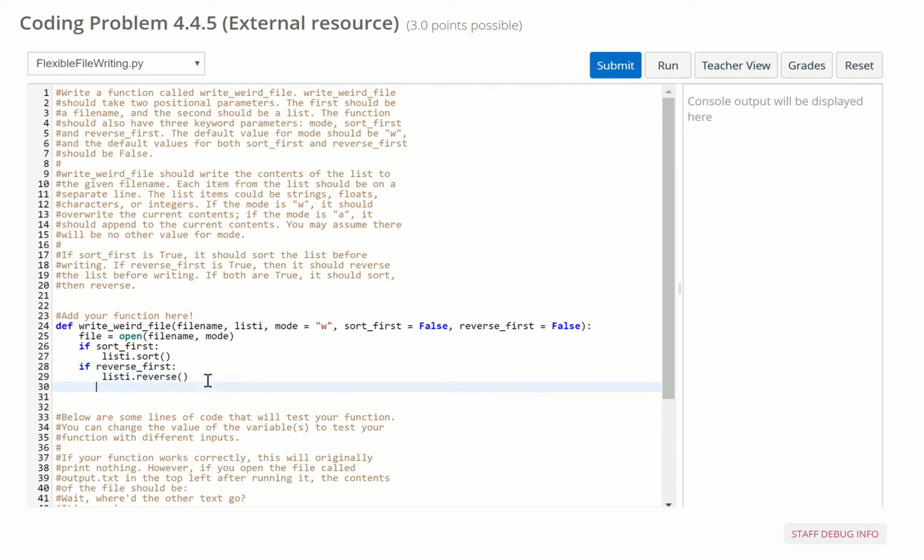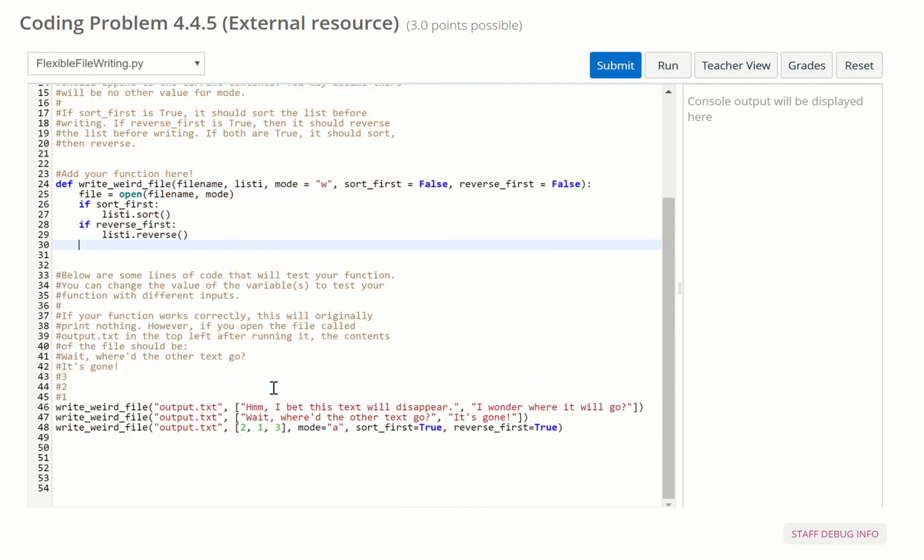Okay, so now we need to go ahead and start the writing process. So we know that we're writing from a list to a file. The list has different numbers of items in it. Sometimes it's 3, sometimes it's 5. And we want to write all of these items to that file. So the easiest way is to basically go through each item in the list and go ahead and write it. And so we can just use a for loop. So for i, as our placeholder, for i in listy,